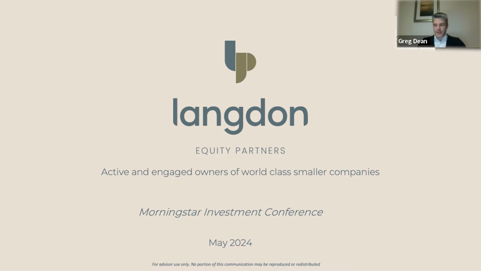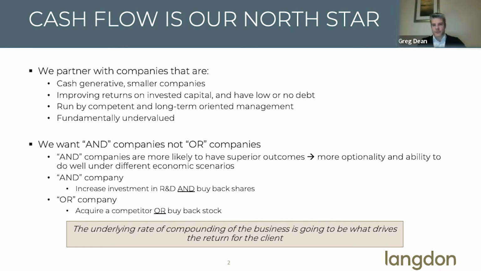So my sense would be that you've probably never heard from a portfolio manager who didn't think their asset class was attractive at the current moment. So one important reason for why Langdon and why build a business in global smalls has a lot more to do with the size of the asset class and the inefficiency, which we believe to be structural, versus anything related to timing. So for us, our North Star is cash flow. We think it's the only sensible North Star for an investor to both evaluate the quality of a business, but also determine what price to pay for a business.